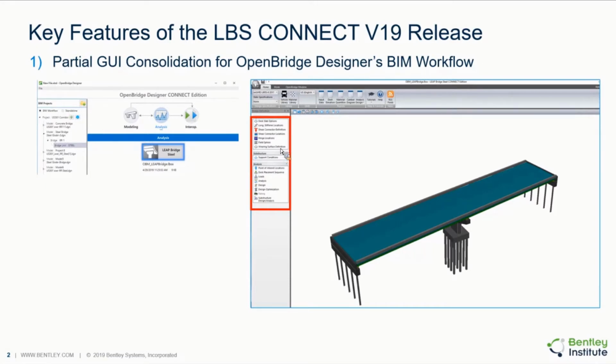As you see here in this slide, the left panel of Lippert Steel is much longer. For the ones who know how it looks, you see we removed a lot of geometry controls from Lippert Steel,